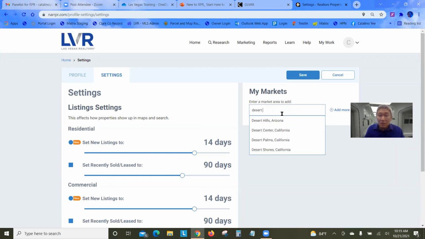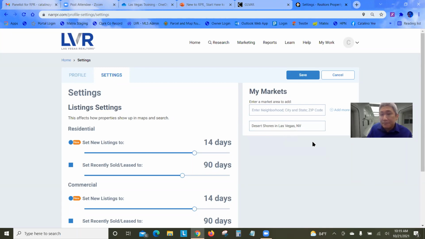space. Look, there's a Desert Shores, California. But look, when I finish the entire name, it gives me other options. Remember, you get the entire database throughout the entire country. So if I want to stick to Desert Shores in Las Vegas, Nevada, which is the community here, click it. Okay. And then here is my